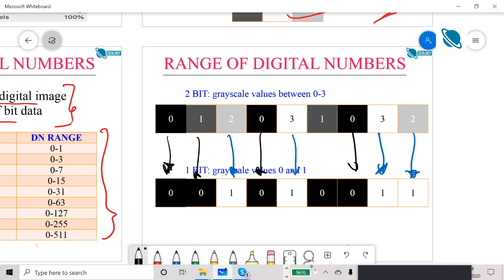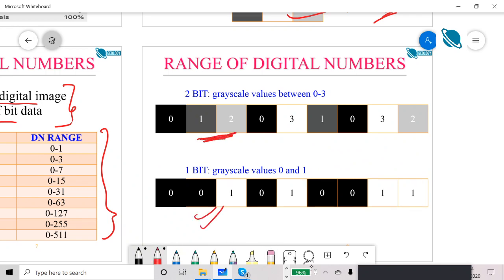And 1 will also become 0, because the only possible values are 0 and 1 now. So if you convert a 2-bit image to a 1-bit image, this is how it will appear. There will be no grayscale values.